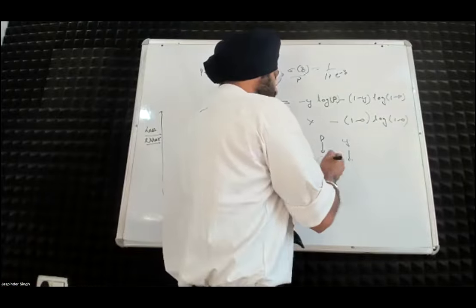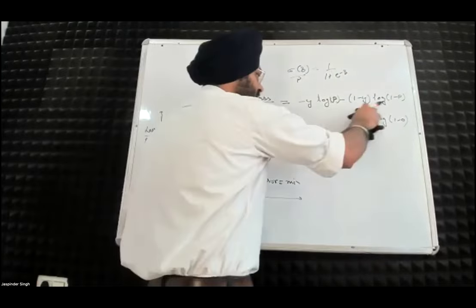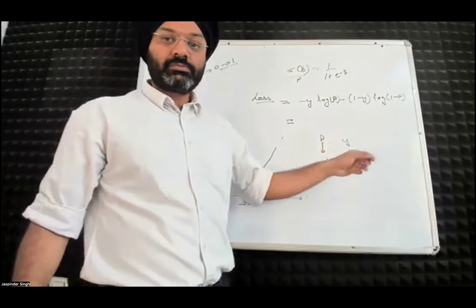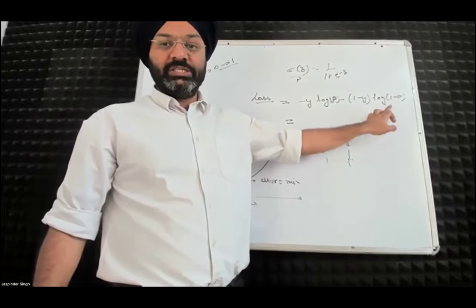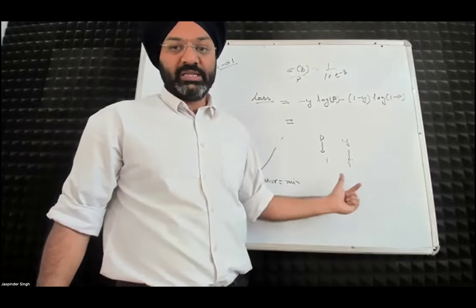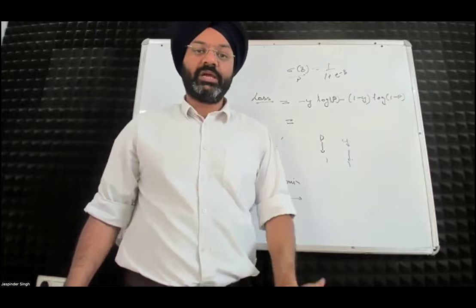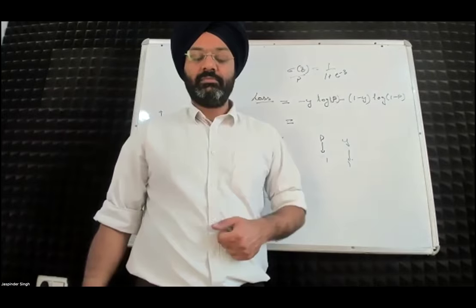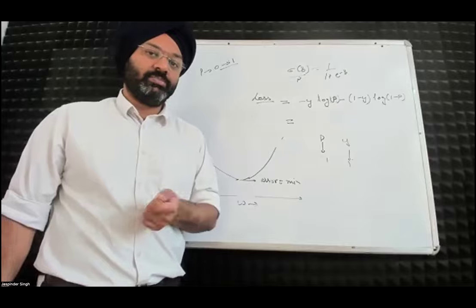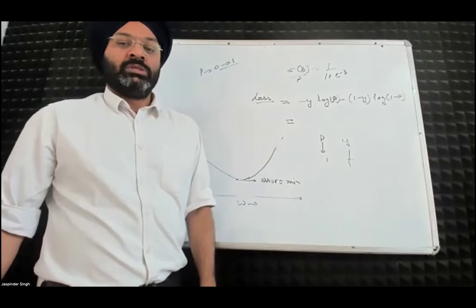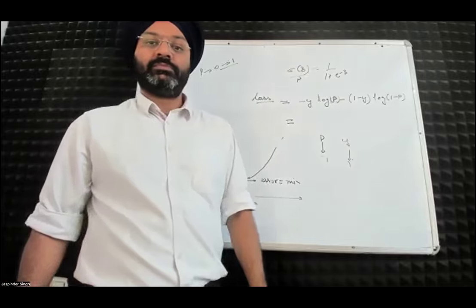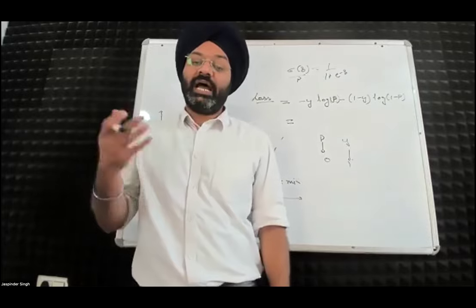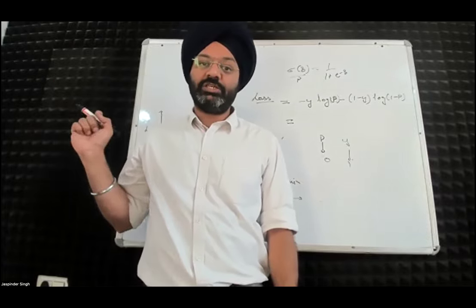If my predicted value is equal to 1 and y is equal to 1, let's look at that. Then log of 1 is 0, so the first term becomes 0. For the second term, log of 1 minus p is log of 0, which is minus infinity, but y is equal to 1, so 1 minus y becomes equal to 0. So I have no loss in this scenario, which is conceptually correct, because both my prediction and the y value are absolutely the same. But if my predicted value is 0, meaning the customer will not churn, and y is equal to 1, the customer actually churns, there is a lot of loss